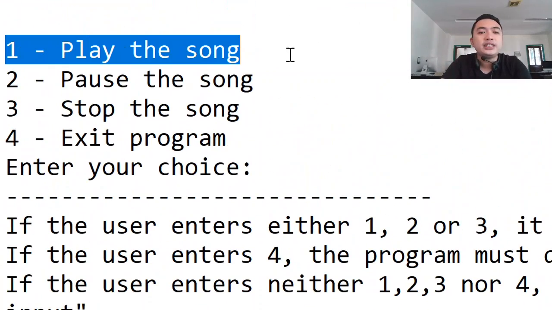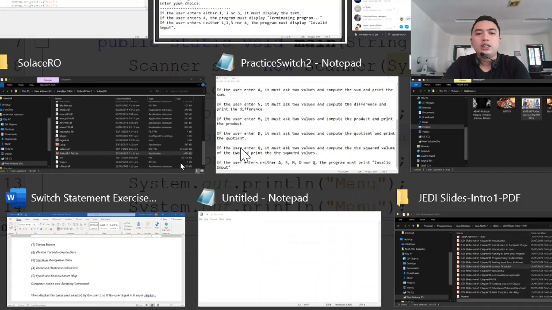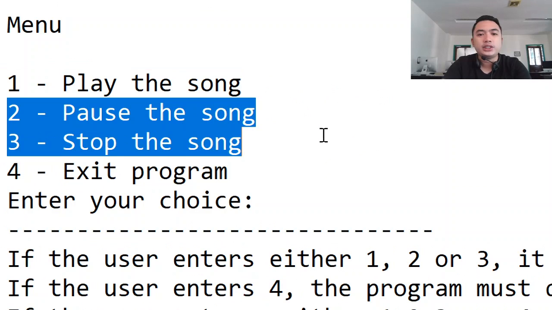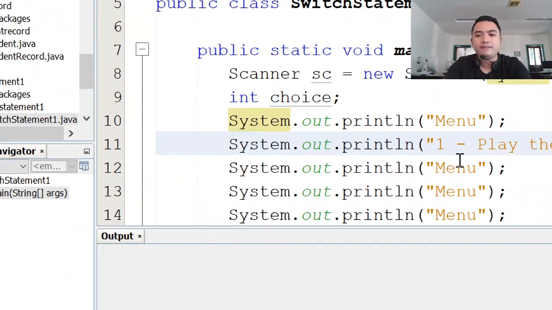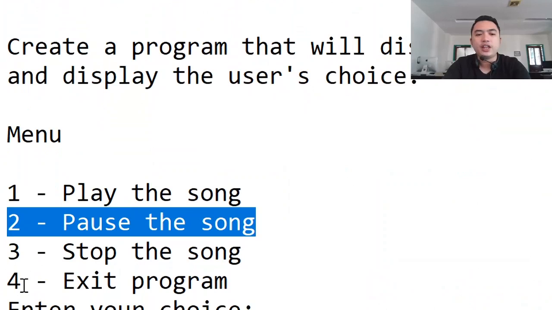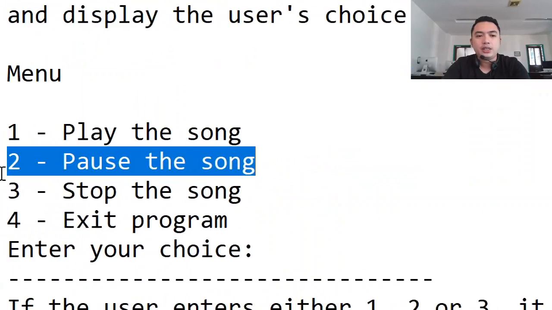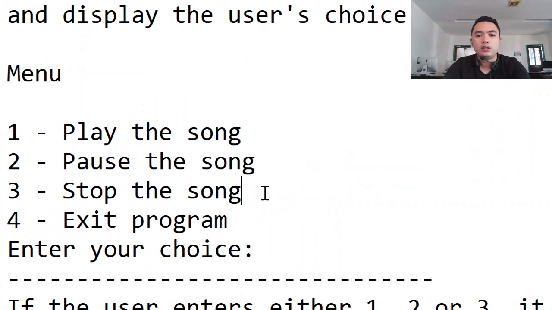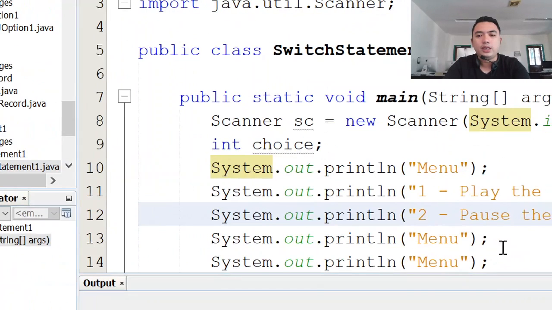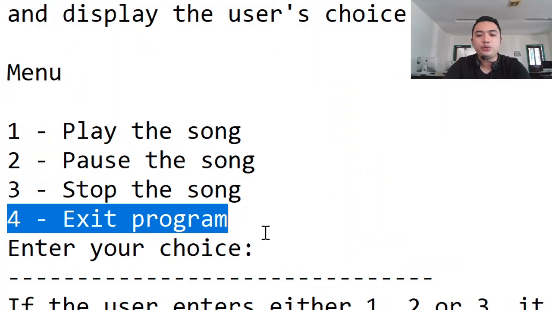So first is play the song, okay, and then pause the song. Okay. Oops, sorry for that. Okay, next will be stop the song. Okay, and then exit program.